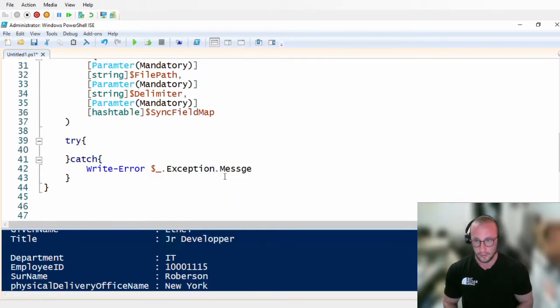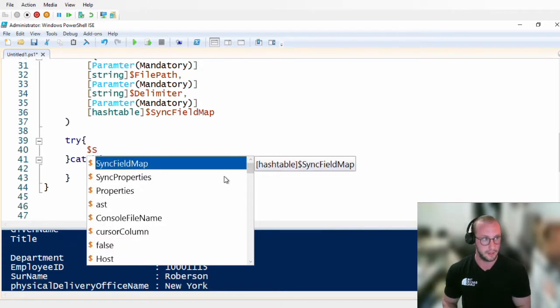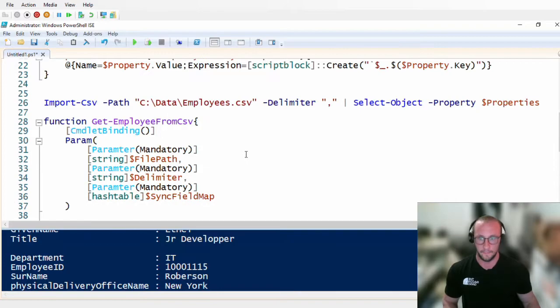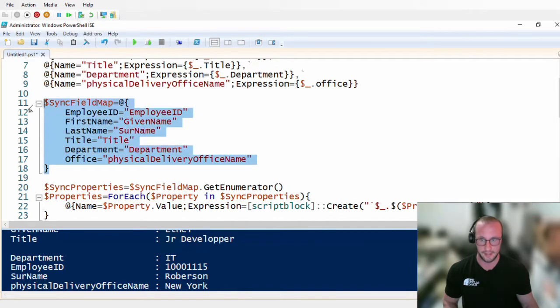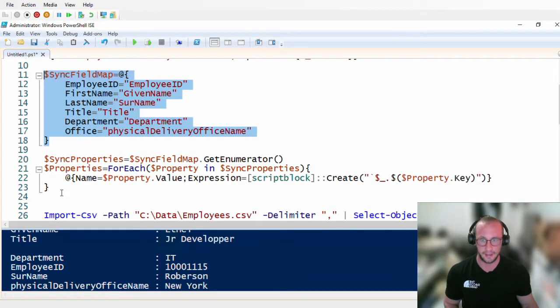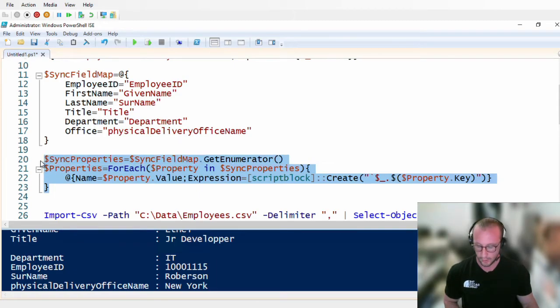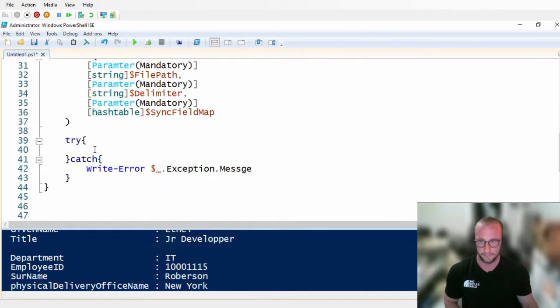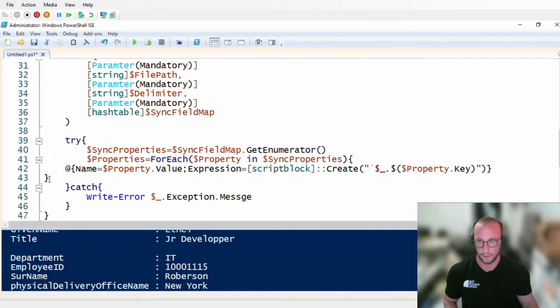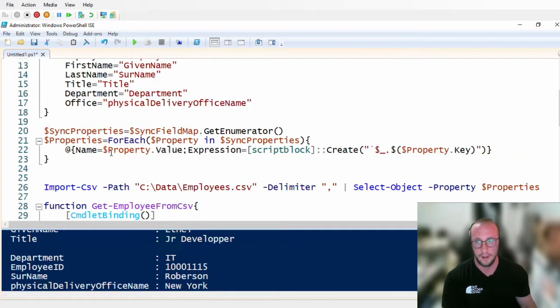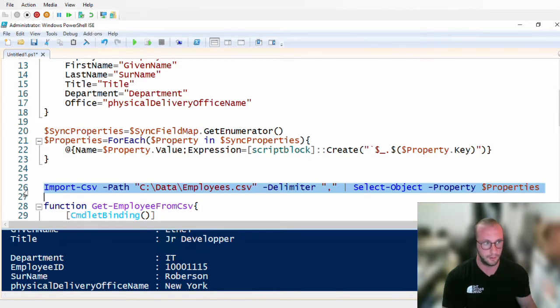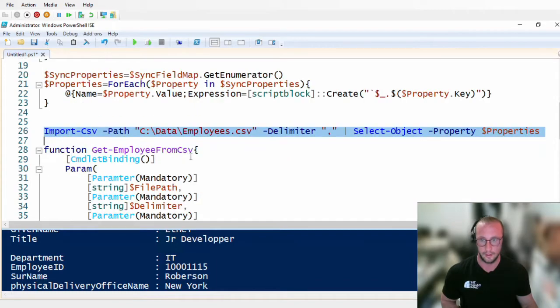So now what we're going to want to do is, we know that we want this, we just want the user to pass this in. We're going to take care of making and creating it there. So we're just going to bring this in. We're going to take the sync field map, enumerate it, create the properties for it, and then we are going to want to import our